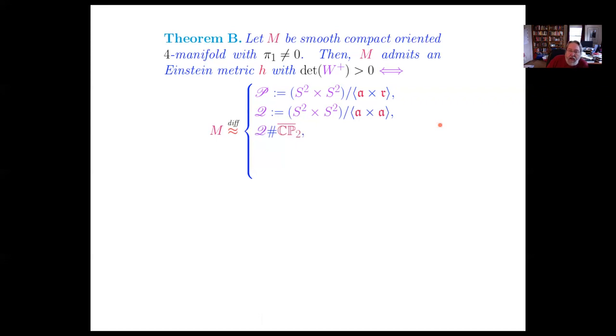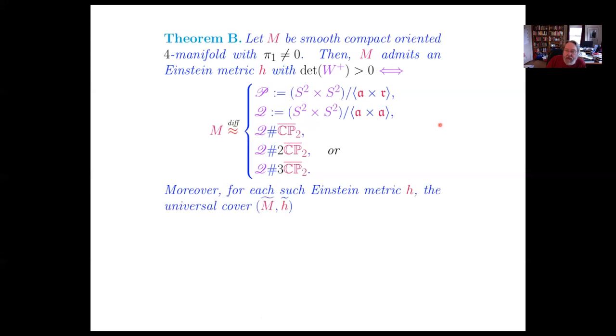The next thing is you could take Q connected sum with CP2 bar. You might say, well, what about P connected sum with CP2 bar? It turns out that those are diffeomorphic. The difference in the diffeomorphism type disappears once you take a connected sum with CP2 bar. And the next thing is that you could take a connected sum of Q with 2 CP2 bars or with 3 CP2 bars. And actually, all of the Einstein metrics that you get are double covered by